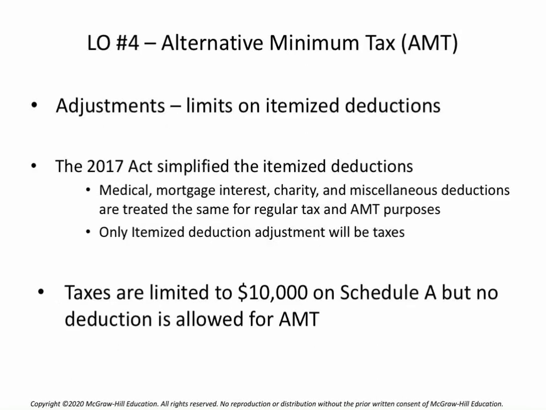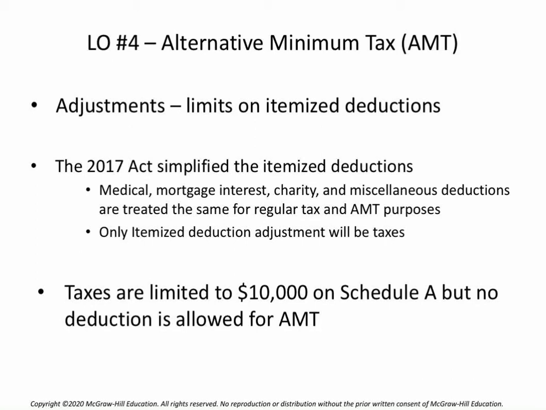Now, after the 2017 Act was passed, some of these are going to be less important. For example, state and local taxes, which might have been significant in high tax areas such as California and New York. This 2017 Act limits those to $10,000 on Schedule A. So the maximum that needs to be added back on the alternative minimum tax calculation is going to be $10,000. So the difference between what's paid on the taxes ordinarily and what would be paid under alternative minimum tax is kind of converging and getting closer together as far as that goes.